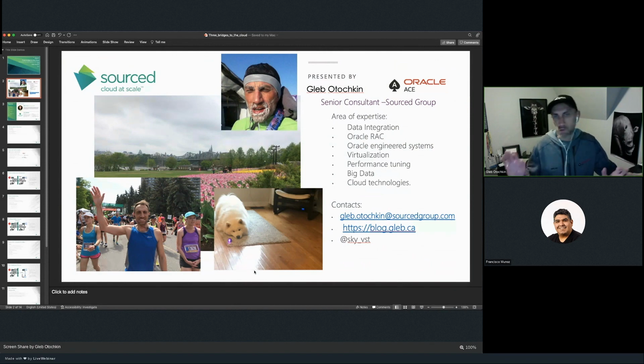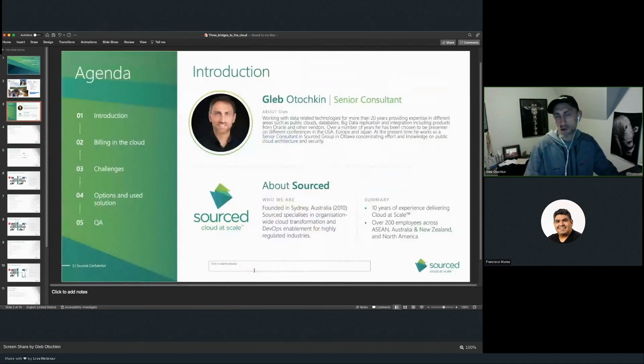A couple of words about the company. We are part of the Amdocs company group, and we are a cloud service division of Amdocs, probably at the front of cloud adoption and technology in Amdocs. Working for the last 10 years, doing a lot of amazing things in the cloud.